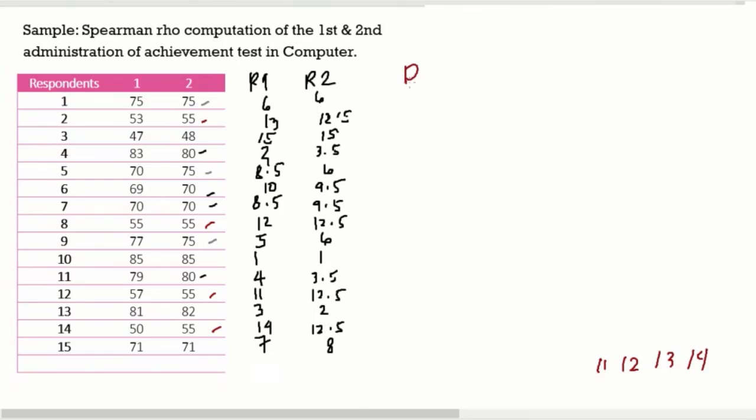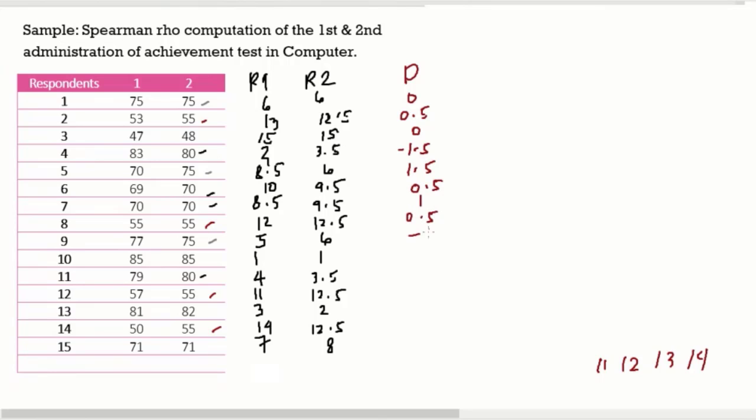Okay, now, let's get the difference. So, ito ay minus mo dito. So, 6 minus 6 is 0. 13 minus 12.5 is 0.5. Tama ba? 15 minus 15, 0. 2 minus 3.5 is negative 1.5. Am I right? Okay. 8.5 minus 6, 0.5, 1.5. Positive. Tama ba? Okay, 0.5,